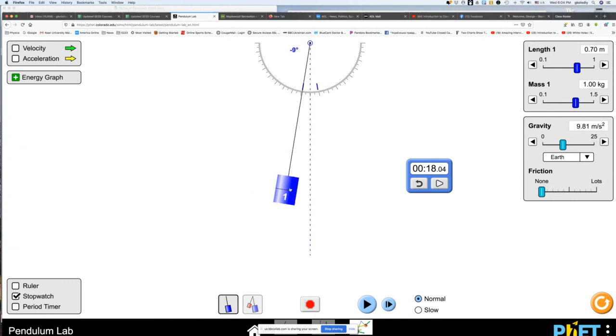I'm going to make some hypotheses. Will changing the weight change the period? And you can change the weight right over here. Will changing the length change the period? Will changing the angle from a small angle, let's say 10 degrees, to a big angle, 20 degrees, change the period? Which of those matters? And for the first part, I'm going to ask you to do just this. Now, this is what you're going to do. You are going to go to where it says